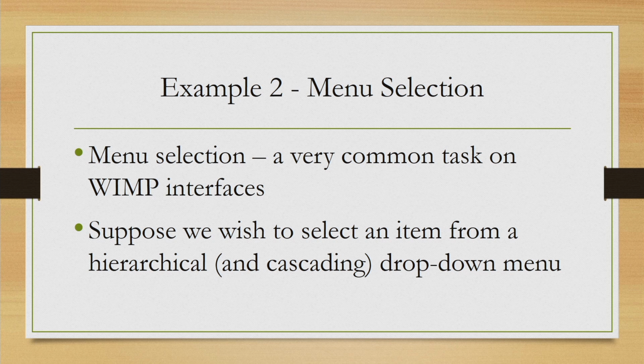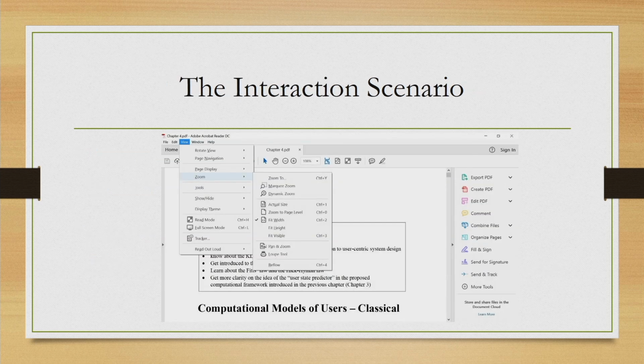Now, in that case, we actually perform constrained navigation. Let us see how. Consider this menu selection task. So, here we have selected the top level menu option. Once that is selected, a drop down menu appeared. In that drop down menu, we have selected one more option, then another menu appeared here, and in that we want to select some option. So, this is typically what we do when we want to select a menu sub item.